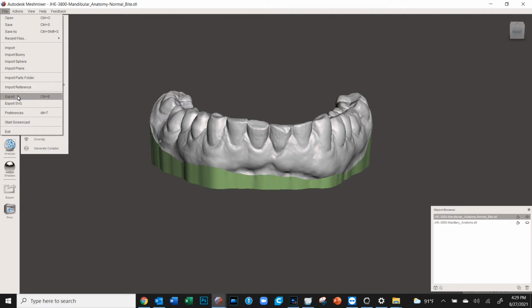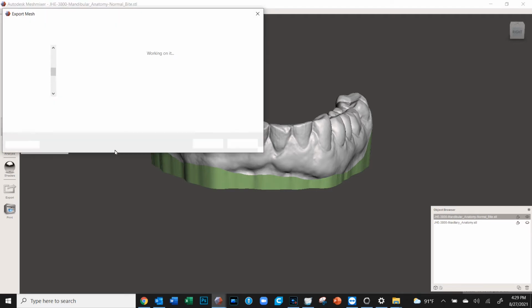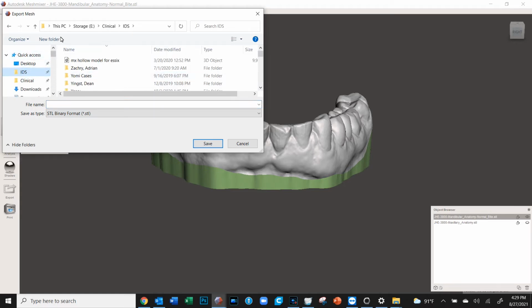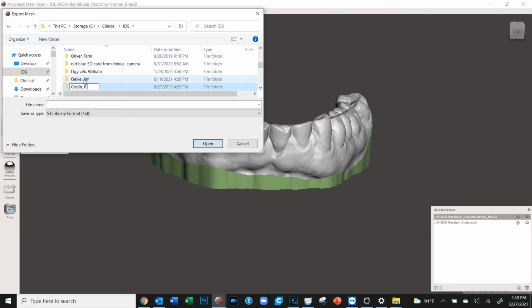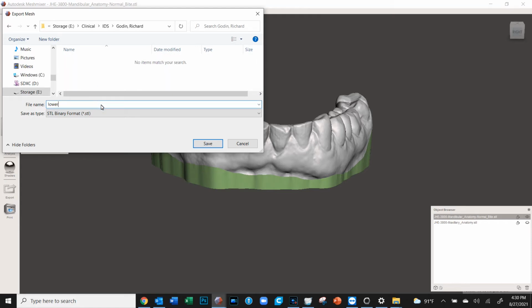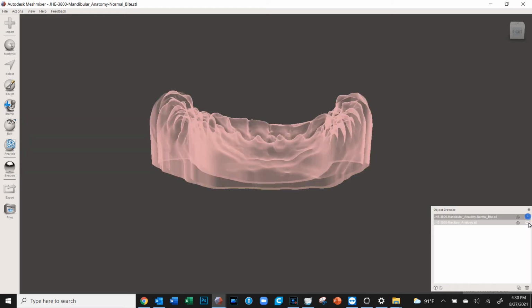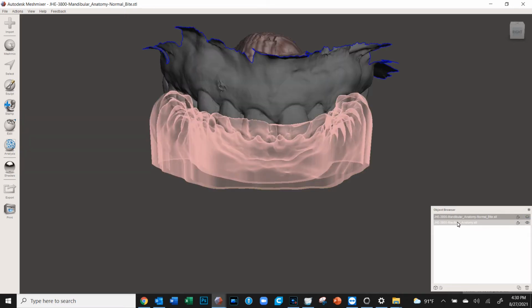So we'll export this one because now we need to save it as a modified STL file separately from the original one. Now we can just go to a new folder. And save it here, so lower all. And make sure that the save as type is selected as STL binary format, not any other format. It needs to be that one exactly, and save. So just to repeat the process, we're going to unselect the lower one and now visualize the upper one and